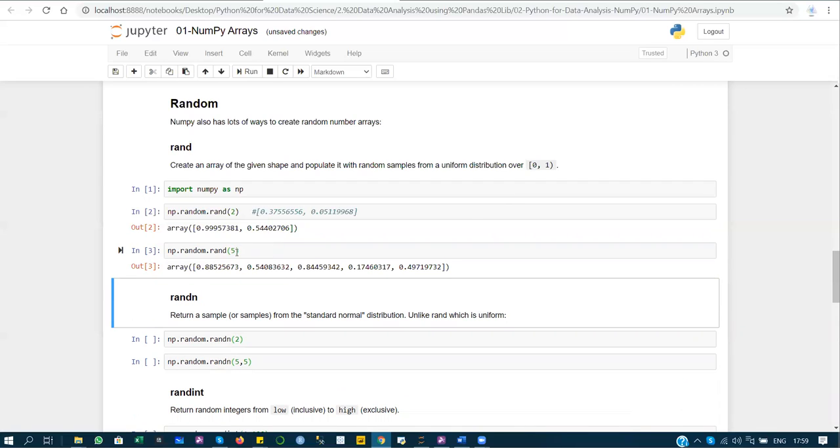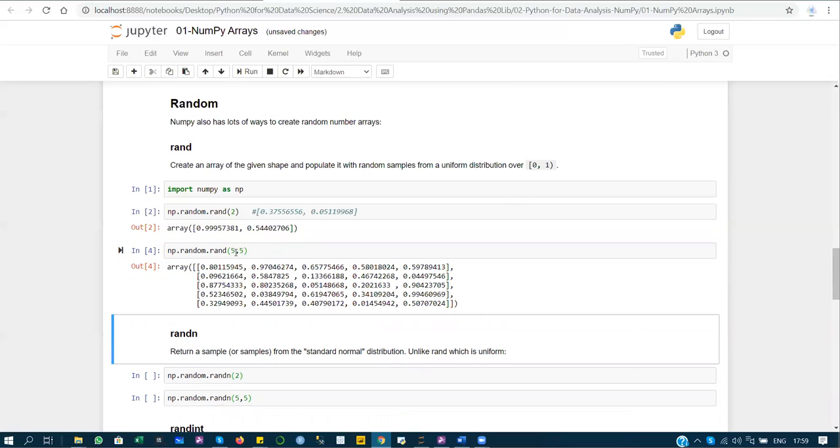But when we pass 5 comma 5, it creates a matrix of shape 5 by 5, meaning 5 rows and 5 columns, and all the elements are between 0 and 1. So with the help of the rand function, we can create a matrix or array that follows the uniform distribution, and all the elements are in the range 0 to 1.